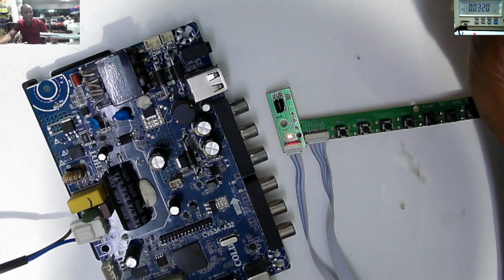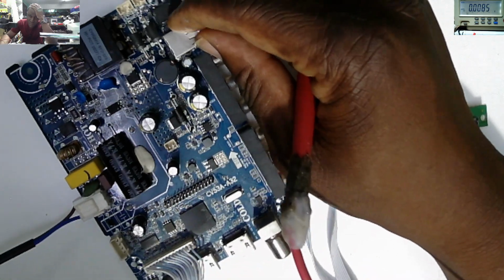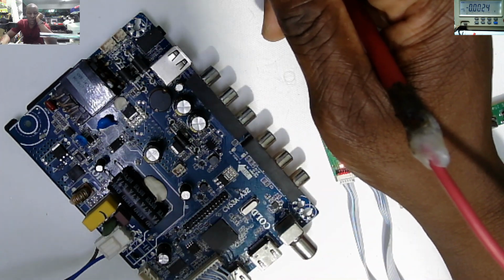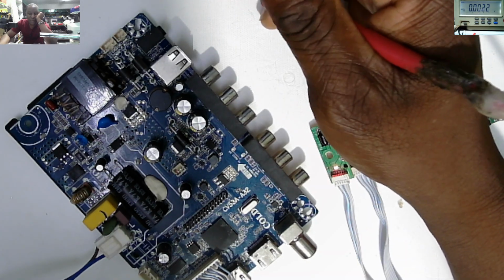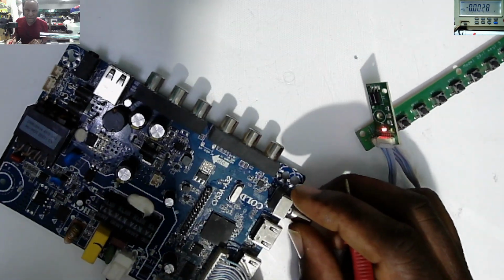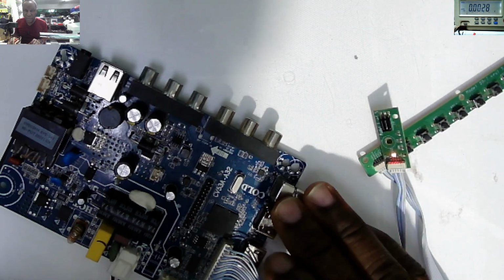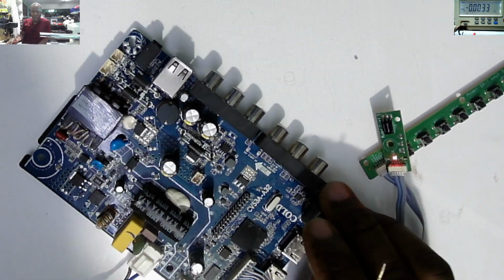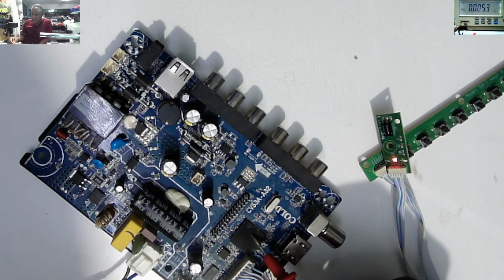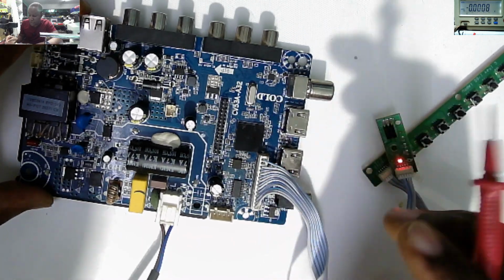So how do we treat something like this? Because trust me, this can be anything. If your TV is stuck on standby, the first thing is to check to see if the 5 volts power supply for the standby is on. In this case, it is on and running. So we don't have a problem with the 5 volts power supply. So let's try to eliminate things. The second thing, we can have a dead processor, the controller of the power supply. This one can be possibly dead,